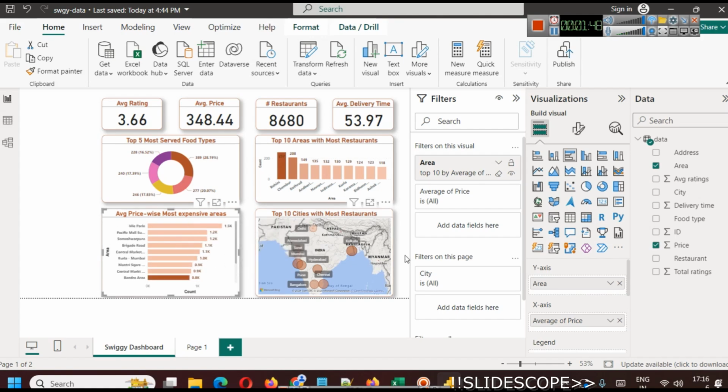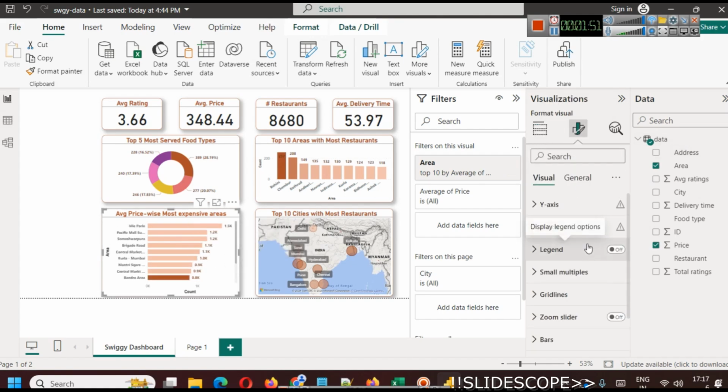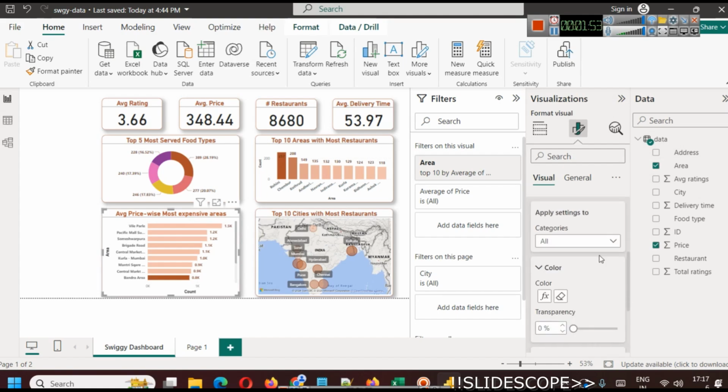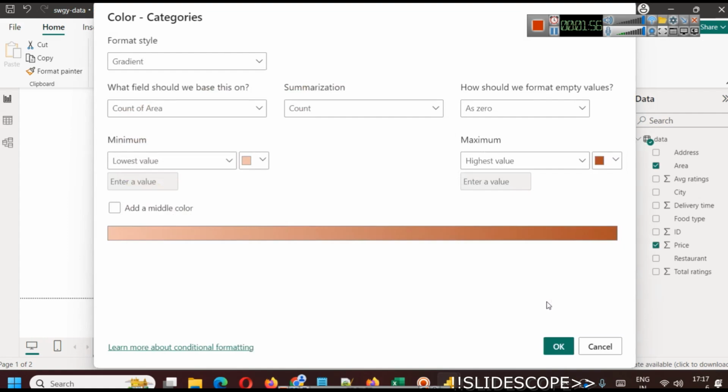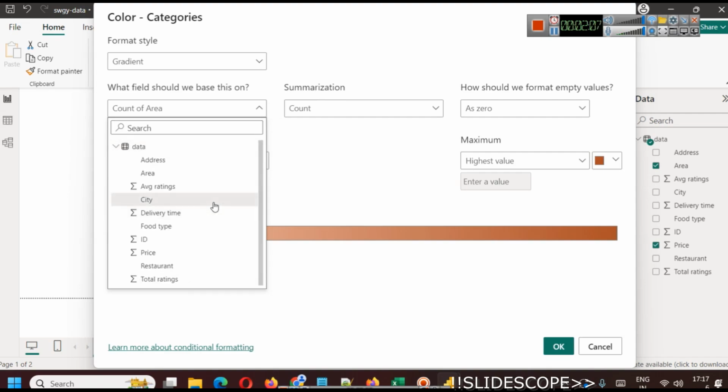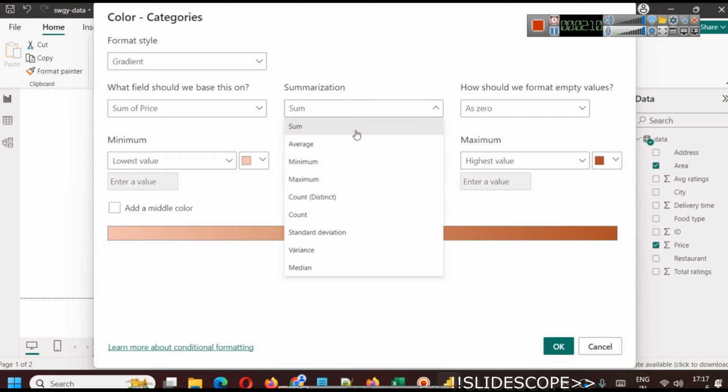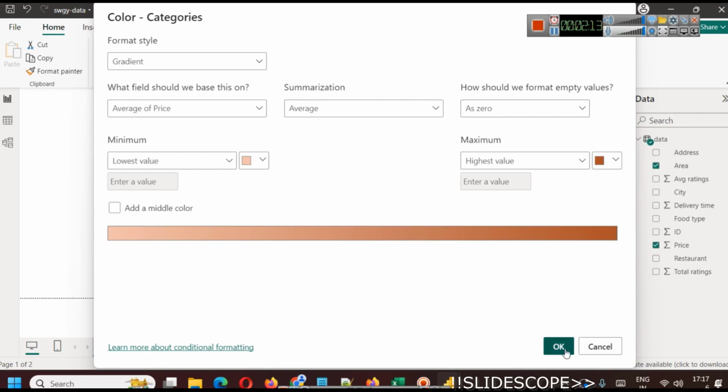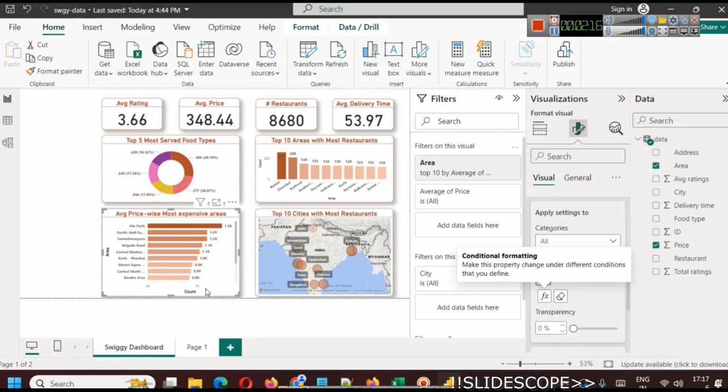Obviously, here we have different colors for slices. So we will go to bars, and here we have colors, so we can allow some value. Instead of this, we will do a gradient rule. Instead of count of area, we will do price, average, and now we have the same arrangement. So these are the average price wise most expensive areas: Vile Parle, Pacific Mall, Subhash Nagar, Somesh, Varupa, and